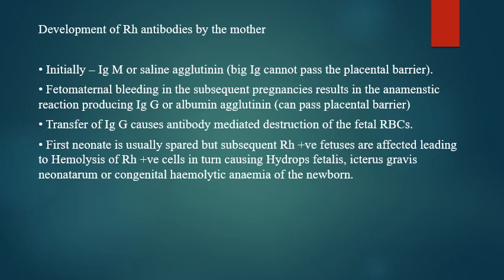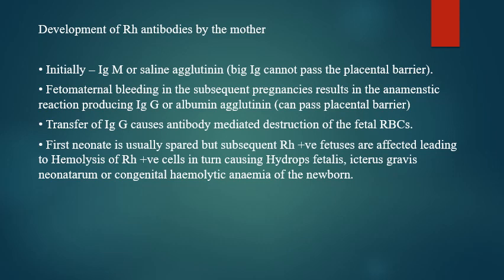So how does the mother develop Rh antibodies? If ABO compatible Rh positive fetal red cells enter the mother's blood, they remain in the circulation for the rest of their lifespan. Thereafter, they are removed from the circulation by the reticuloendothelial tissues and broken down with the liberation of the Rh antigens. This Rh antigen then incites the formation of Rh antibody.